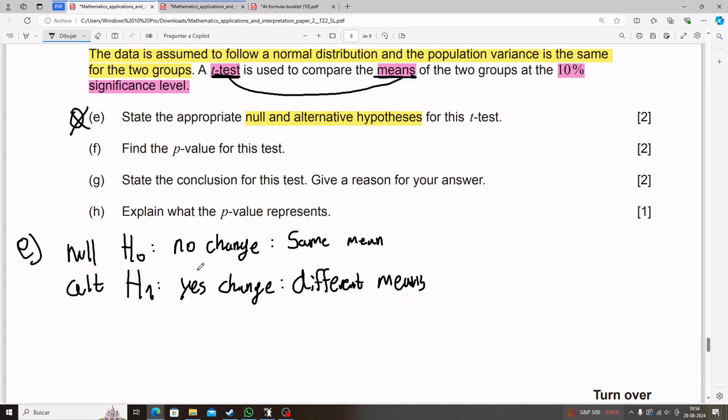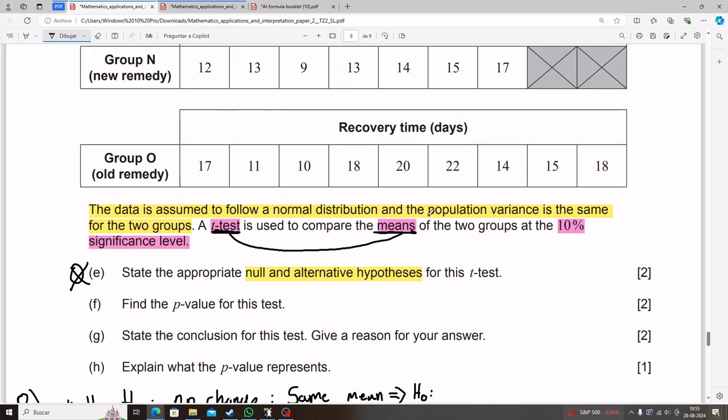Now, this is clearly not detailed enough. The IB wouldn't like this, because it's just saying that your null is the same mean and that your alternative is different means. Yes, you're getting the right idea, but you gotta be a little more specific than that. So for getting the full credit, you gotta be a little bit more specific. And so it's the same mean in what sense? So for the null, our official answer, everything from before was just for intuition. So our official answer for null, we would say something like